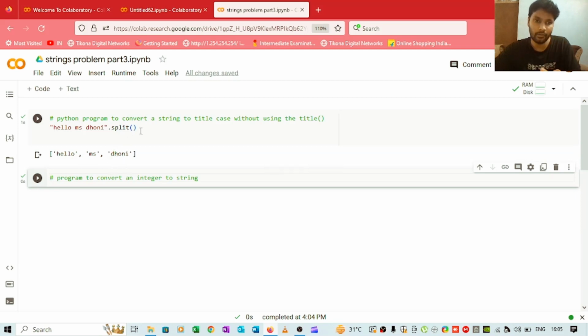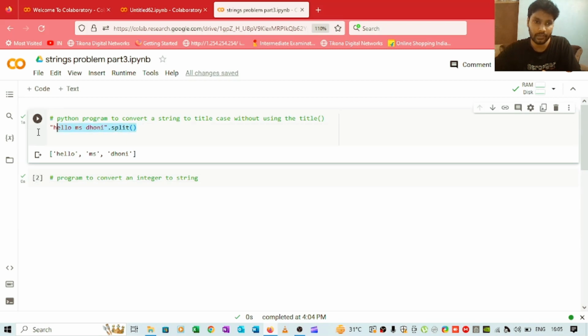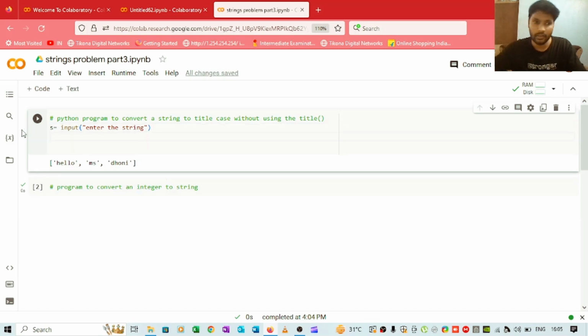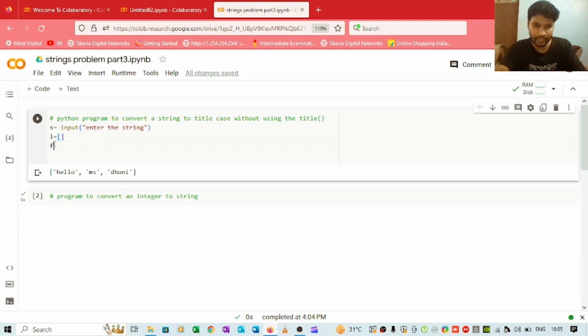For that, first we'll take the input from the user. Let's say s equals input, enter the string. Whatever string the user provides, we have to convert it into this form and store it inside a list. For that we'll take an empty list, and then a for loop, for i in